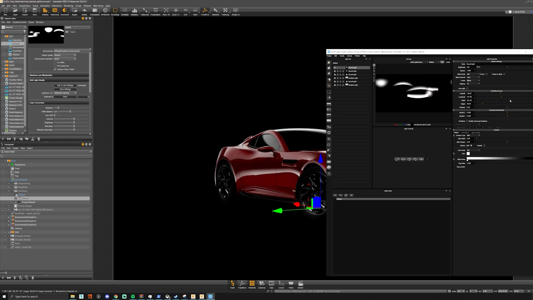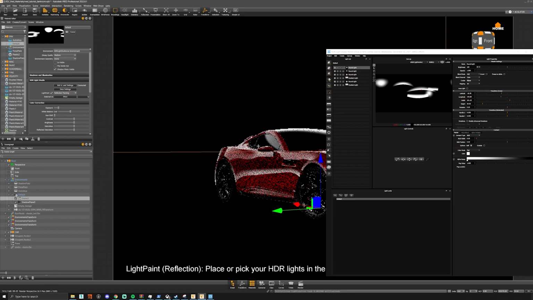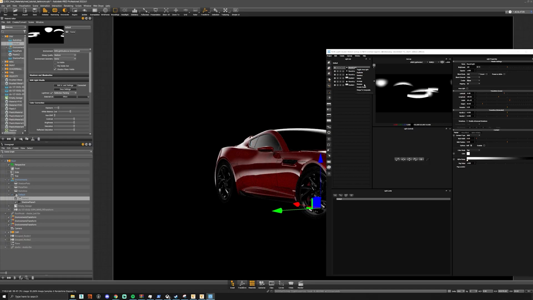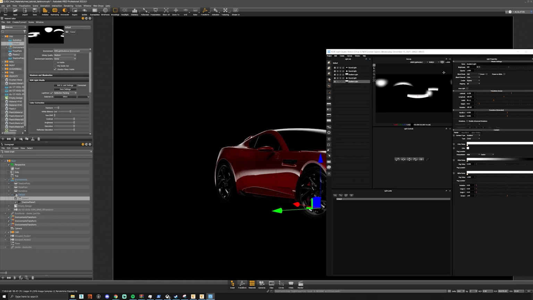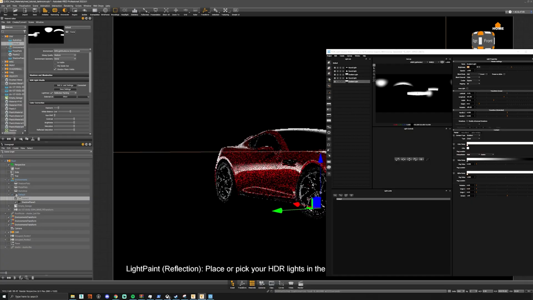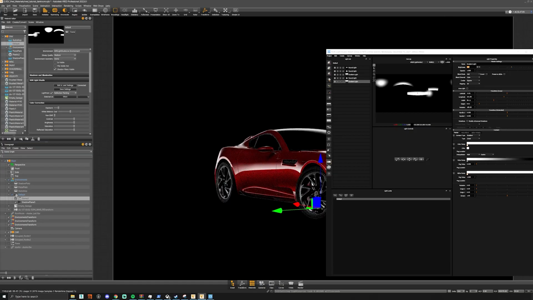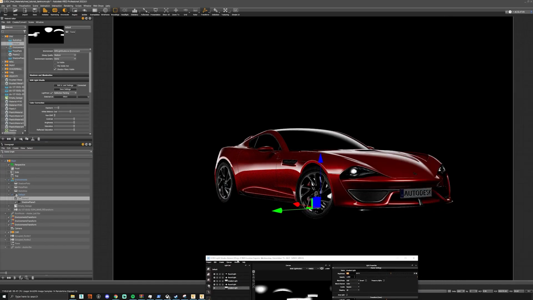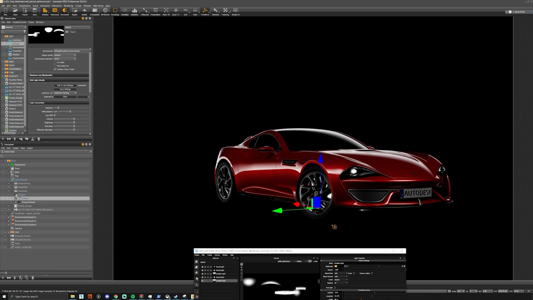And maybe we can bring out the width all the way. And it's just trying to find a sort of area on the car that can give you a nice reflection. So this one's not looking good, so we can just delete it. And then maybe we can just brighten up our original light to say something like 400. And then perhaps we can move it up a little bit so there's a bit more light on the car, something like this. And for 5 minutes that's already looking pretty good,